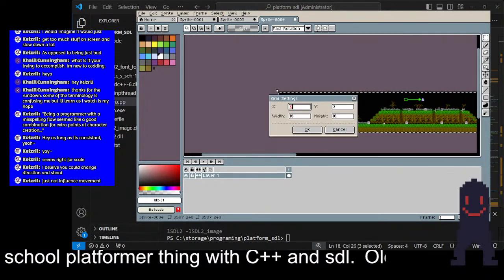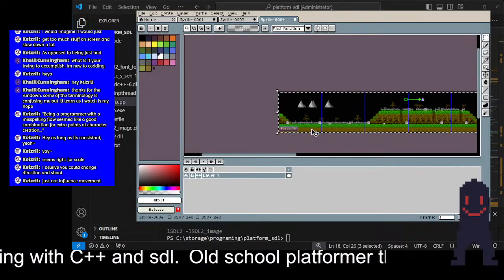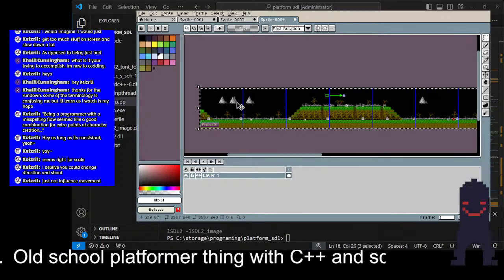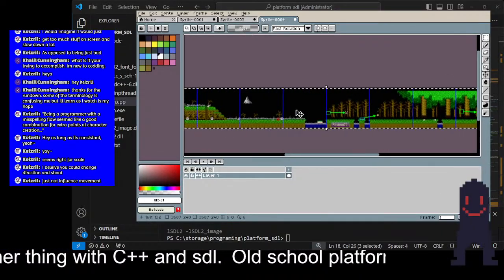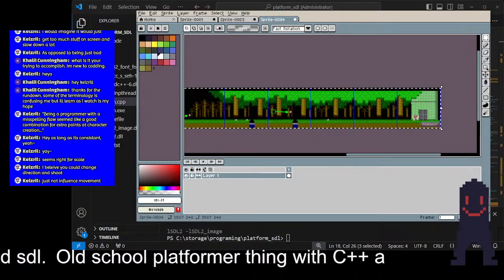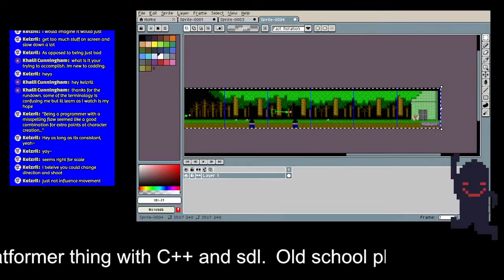I think this is only going to be one height. 256 by 240. Yes. Okay, so 1, 2... I think this is going to be 16 across. 1, 2, 3, 4, 5, 6, 7, 8, 9, 10, 11, 12, 13, 14. A little less, but still. So what I think is going on